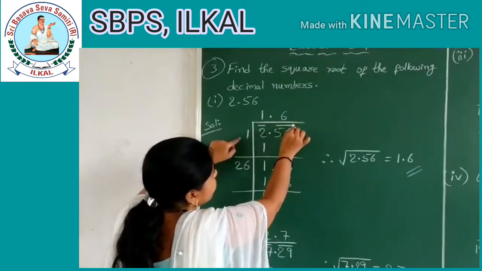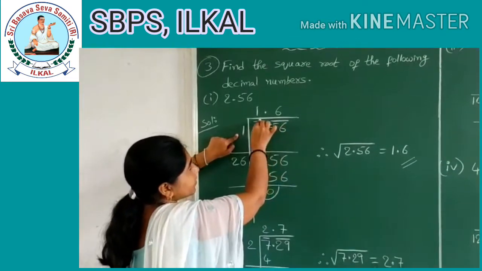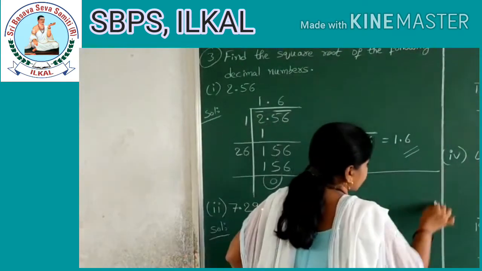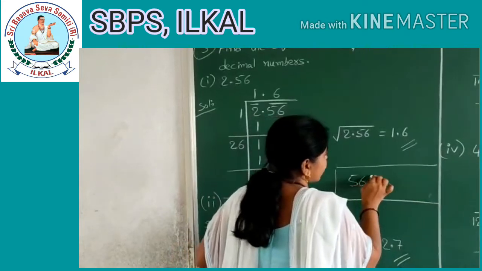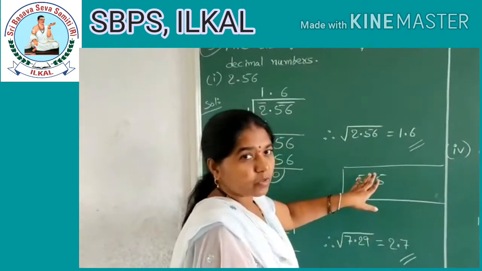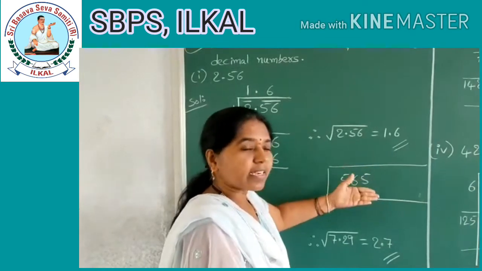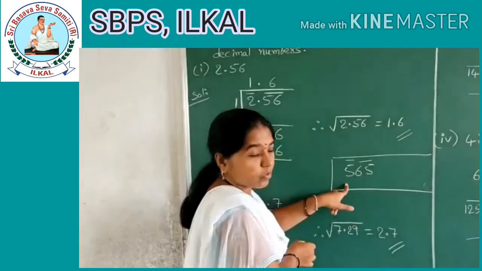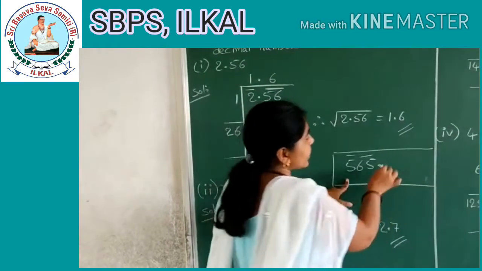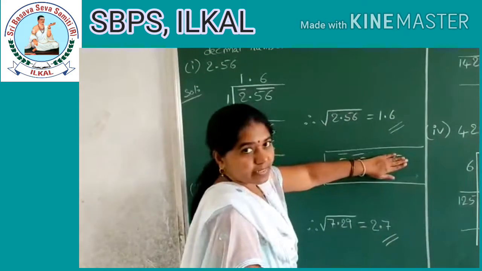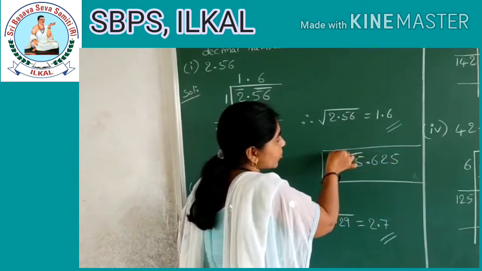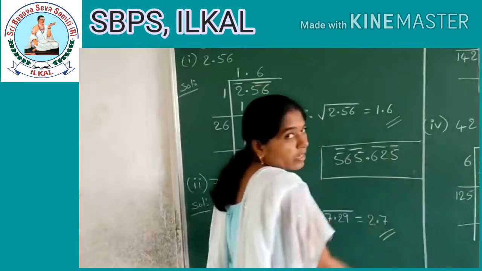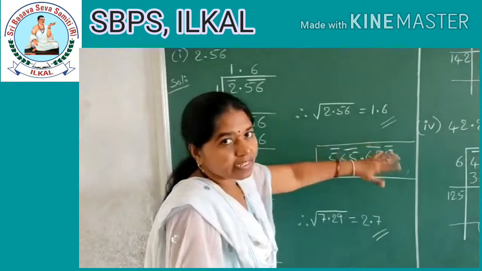I said already, when I put a bar over this, children, 2 digits after this one. And one more thing you remember: for whole numbers, I will consider a whole number, say 565 something, if I am going to find the square root, whether it may be a square number or not. That also you know how to find. If I take it like this, children, it will be a 2-digit answer. If I take a decimal point and write something here, it becomes a decimal number, is it? But for a whole number, from the right side onwards we will consider the bar. For the decimal part, we should go from the left side onwards. This is the difference between whole numbers and the decimal part.